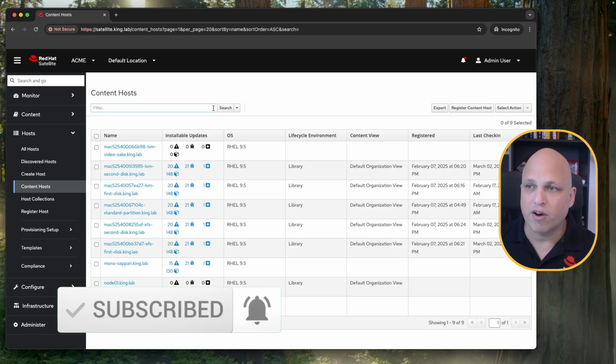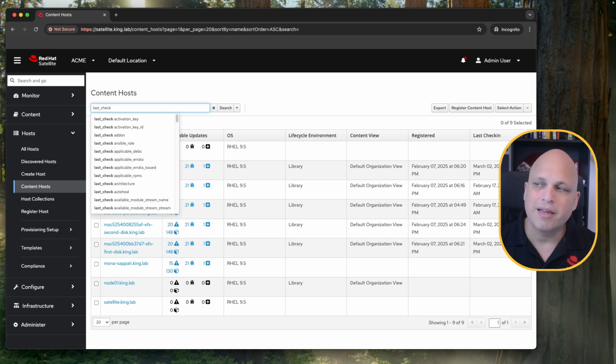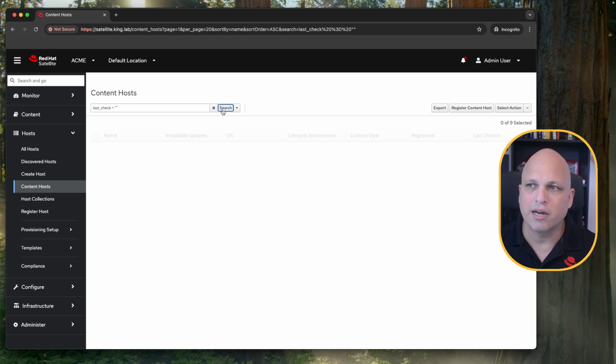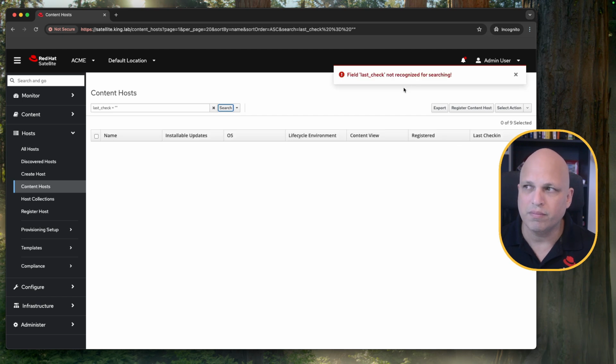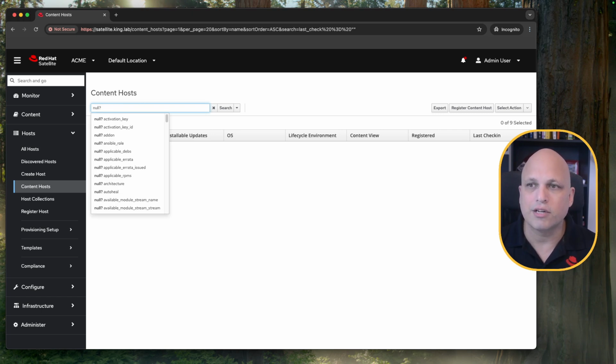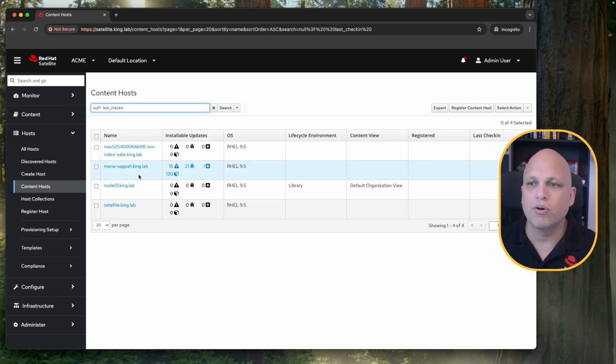This is just half of the way. Let's take a look at this one here. Last checking. If you take a look, there is no "last checking is null" or "is equal to empty". This is not going to work properly. Yeah, this is not a thing. One thing that you can do though is "null? last checking". And then this is going to show everything that you need to see, all the entries where the last checking is